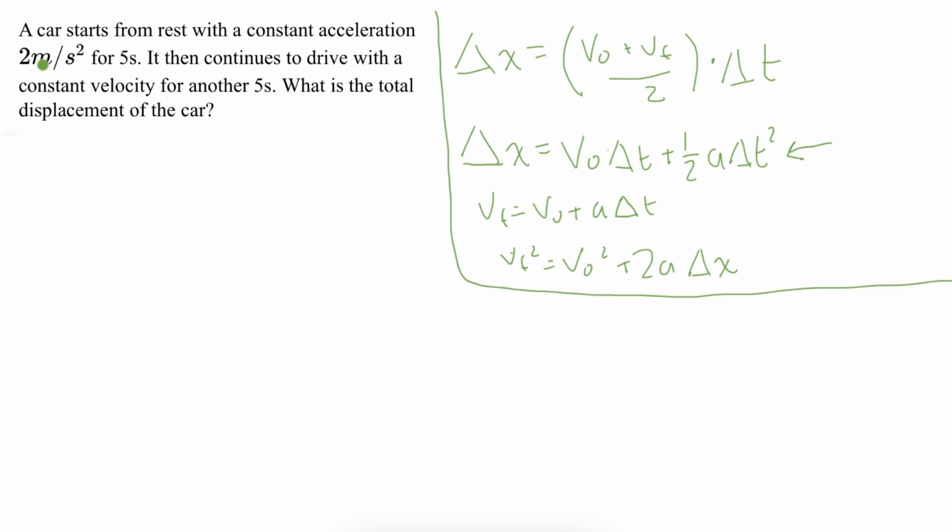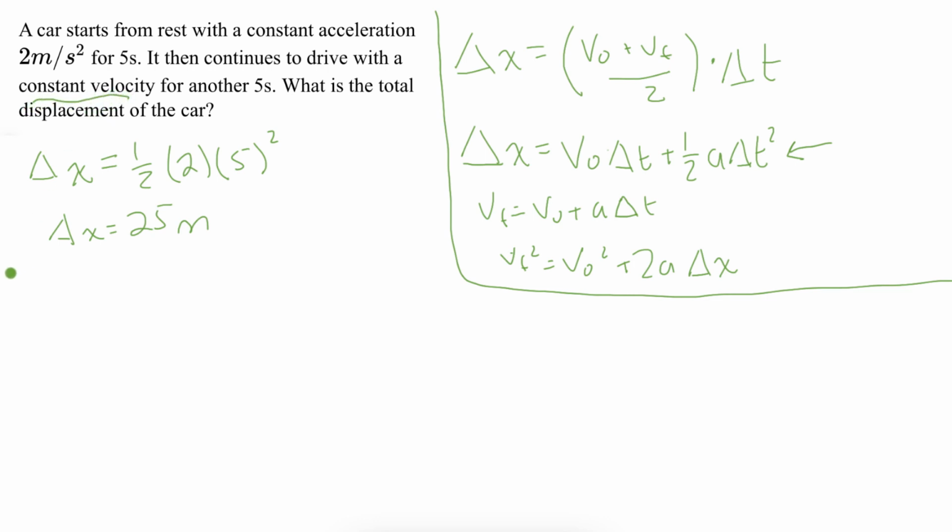So then, the first part, 2 meters per second squared for 5 seconds. So we can just plug those values in. Change in x is equal to 1/2 times the acceleration, which is 2 meters per second squared, and then times the time interval, which is 5 seconds, and then square that. So this will just be 25, the 2's cancel out. So the first part, the car will have gone 25 meters, but then it cruises with a constant velocity for